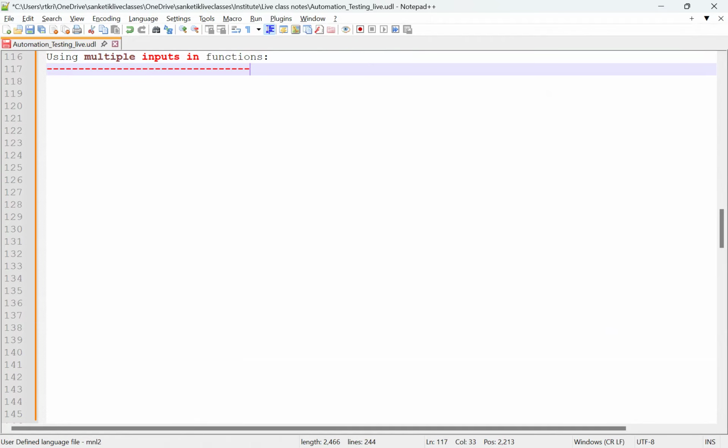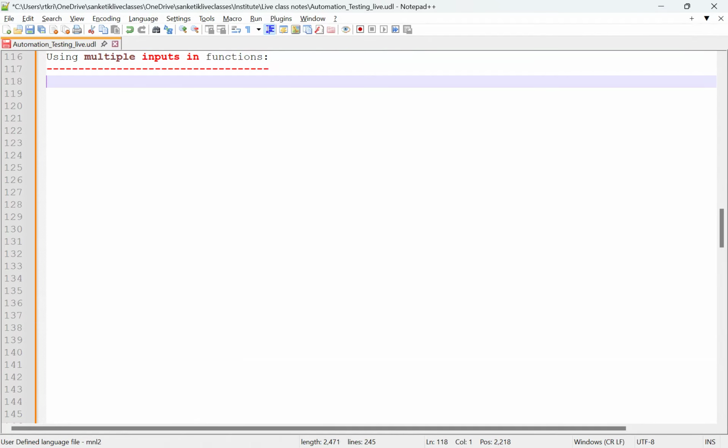Next, first we are going to write the code, then we can go for the explanation. So how we are going to use multiple inputs in functions,